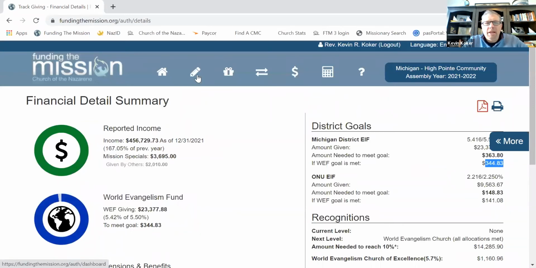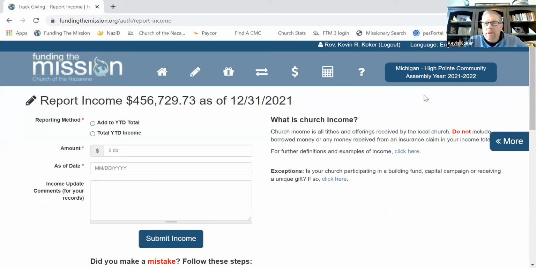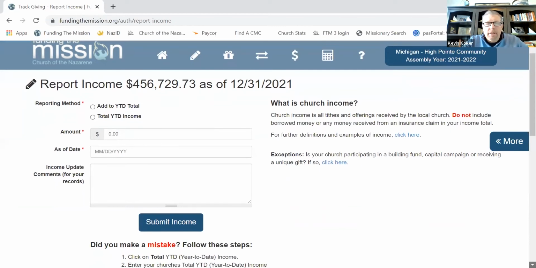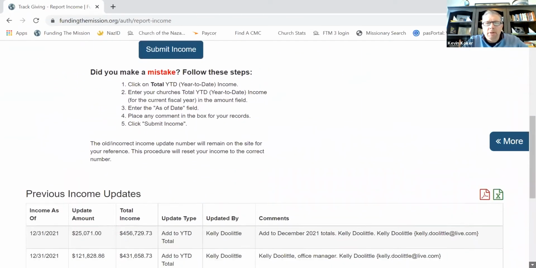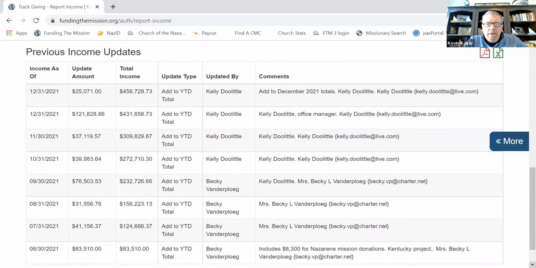Well, let me go back to the home page, just so you can remember how to get back there. And then I'm going to go and show you the next icon, which is the little pencil. And it says we're going to go to this page to report or update our church's income. Again, this is the page where it allows the church to update their income as they go through the year. This particular church, you can see at the very bottom of the page, looks like they update their income about once a month. So it looks like the treasurer is going in and adding income each month that they raise